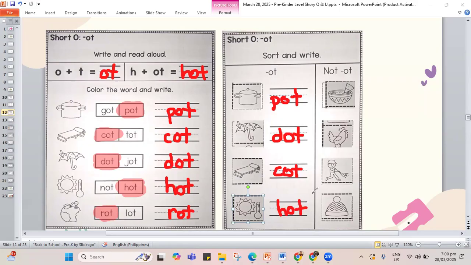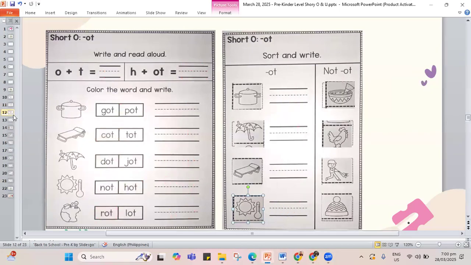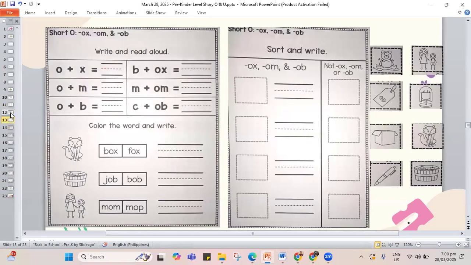Now, we have all our ot words, and this time, let us jump to the other page. But if you're not yet done, again, pause the video, play it again once you are done. Now, for the next page, we have the words that end with X, with M, and with B. We get to write them down, we get to read them also. O and X, that's the ox word.